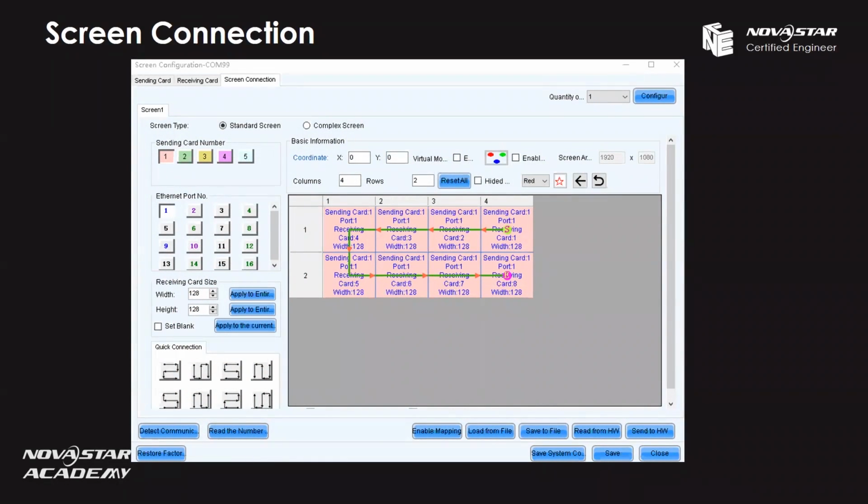And after we send the screen connection, we can also save a file for it. And you may be wondering why we need to save this file. Because I just mentioned when we set the screen connection and send these parameters to hardware, this will be saved in the sending card automatically. But maybe in the same project, I want to apply some new functions, which means I need to change to another, an advanced sending card. So I need to send the screen connection again. So we don't need to manually do the screen connection. We can just send it by loading from file. You can see here. And the file format is